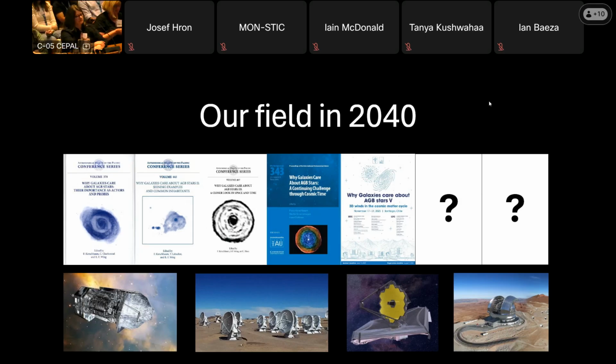What we also saw during this meeting is that massive surveys, large data sets, play a very important role, or even, I would say, a growing role in our research. Often these massive surveys, of course, are not targeting AGB stars, but provide us with great information and keep us busy for quite a while. We are now in the middle of the harvesting phase of Gaia. We saw results, and this is, of course, not the end of the story. We will do much more. LSST is just starting.